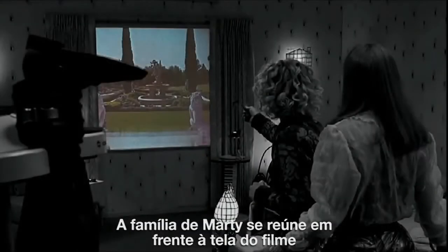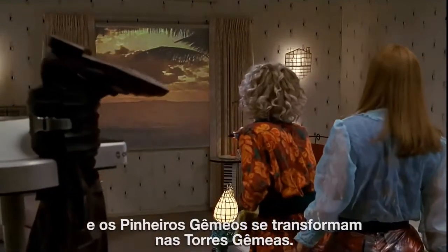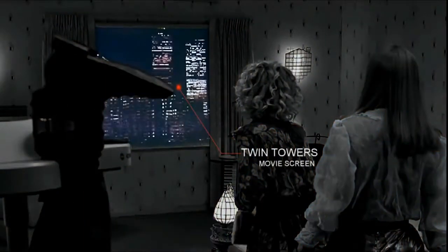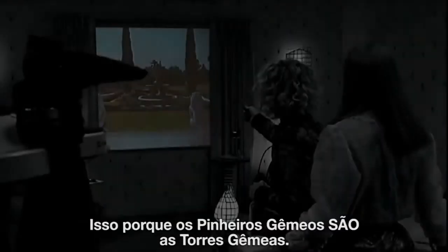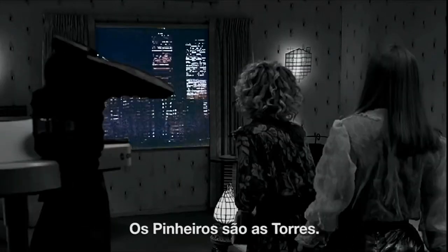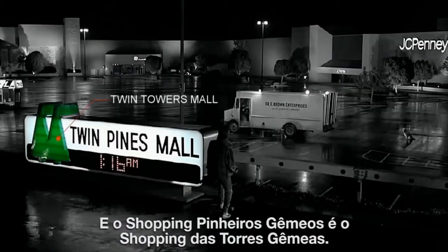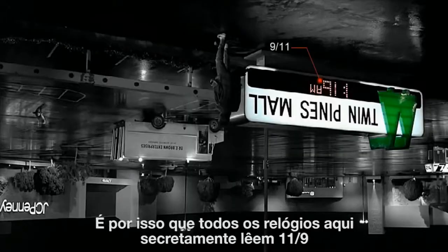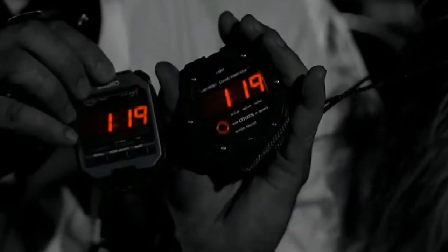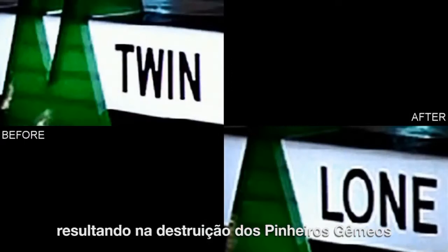Marty's family gathers around the movie screen, and the twin pines actually morph into the twin towers. This is because the twin pines are the twin towers. The pines are the towers. Pines, towers. And the Twin Pines Mall is the Twin Towers Mall, which is why all the clocks here secretly say 9/11 and why there will be a Muslim terrorist attack resulting in the destruction of the Twin Pines, or